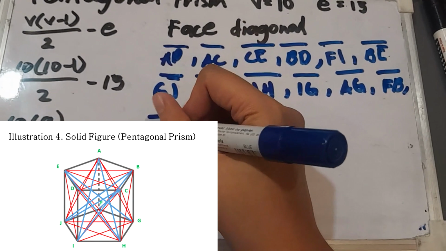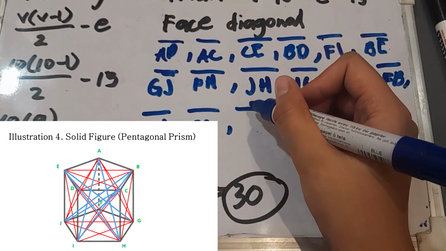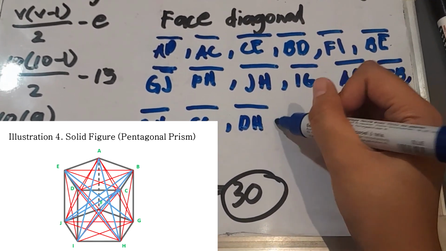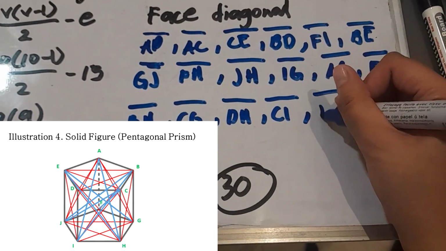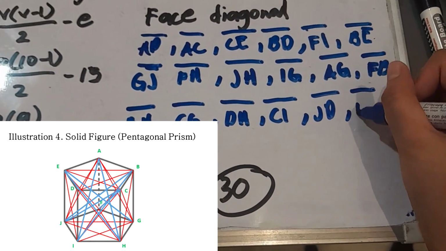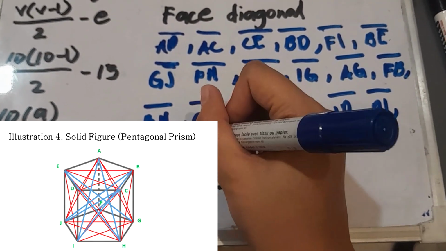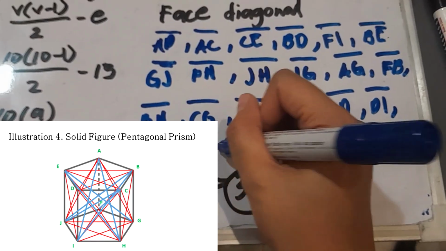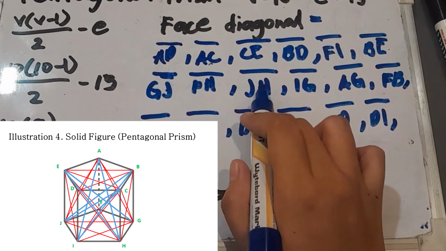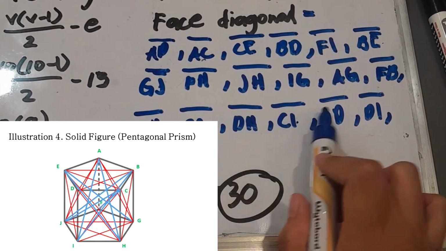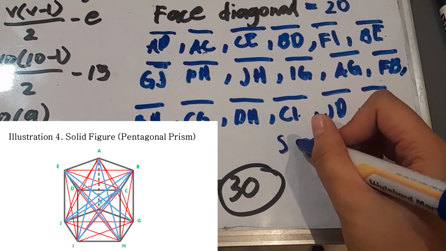line segment BH, line segment CG, line segment DH, line segment CI, line segment JD, line segment DI, line segment AJ, line segment EF, with a total of 1, 2, 3, 4, 5, 6, 7, 8, 9, 10, 11, 12, 13, 14, 15, 16, 17, 18, 19, 20. 20 face diagonals, and the space diagonals